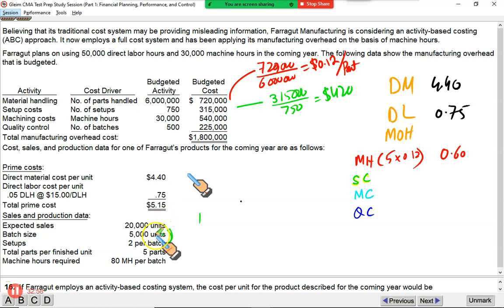Batch size is 5,000 and for these 5,000 you have to make 2 setups. Then how many units are there in each setup? Gentlemen, I need your answer, please. No, Noman. Imran, just think a little. Think more closely. Afzal is absolutely right.